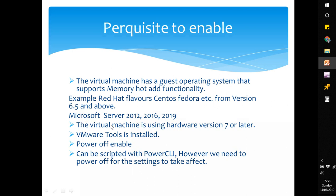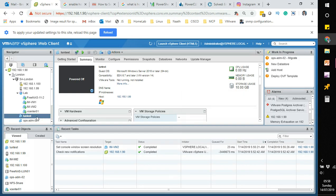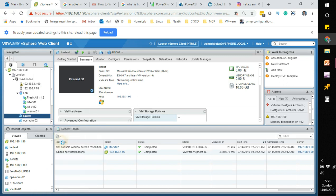You also need to remember that you need a virtual machine with hardware version 7 or above, and you need to have VMware Tools installed. To enable the feature, you need to have the virtual machine powered off. So first of all, let's enable this feature. I have this learn test VM which I have created. It's running CentOS 7.0. So if we go to edit settings,